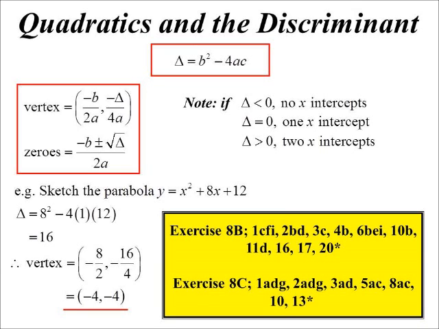Okay. So 8b is somewhere completing the square will be a handy technique. 8c, discriminant. And you might mix and match the ideas. It doesn't mean to say you have to use completing the square for everything. You might just use it for one part of the question. You might use a discriminant